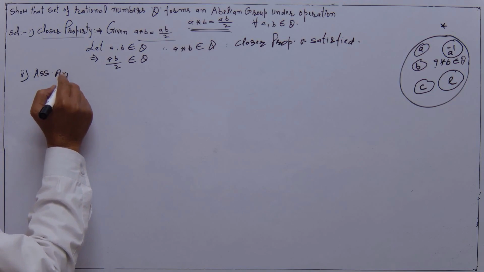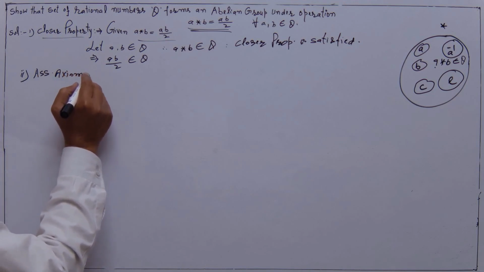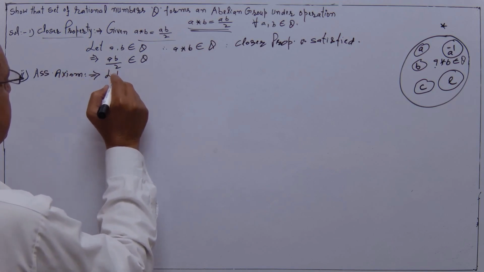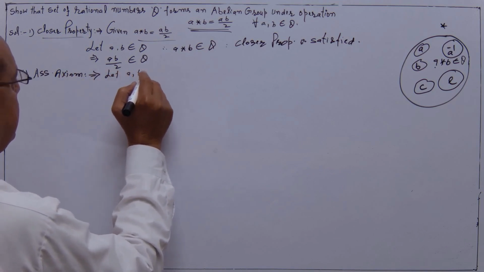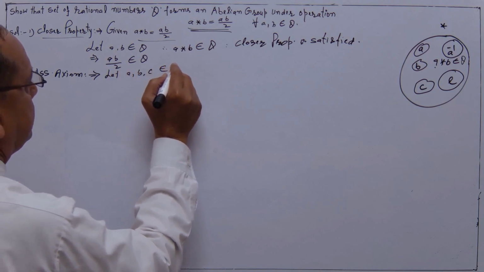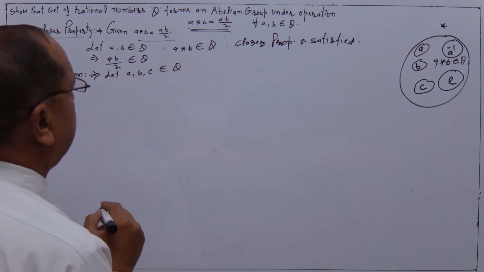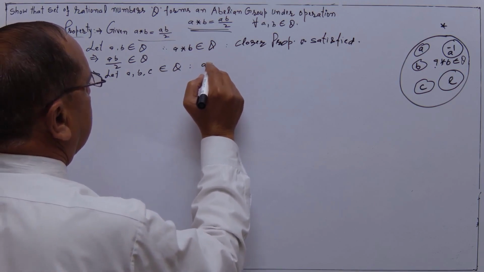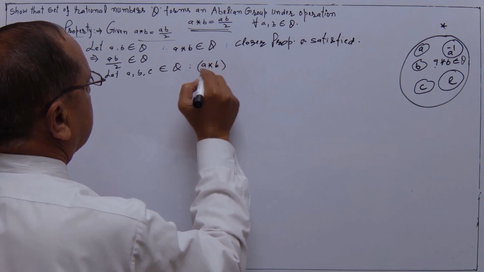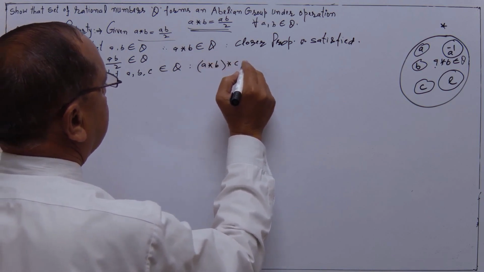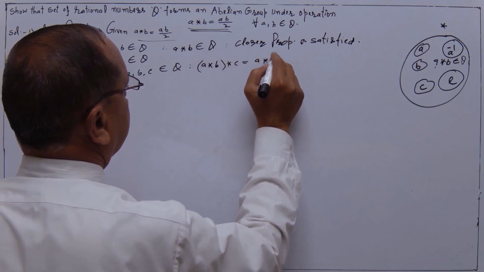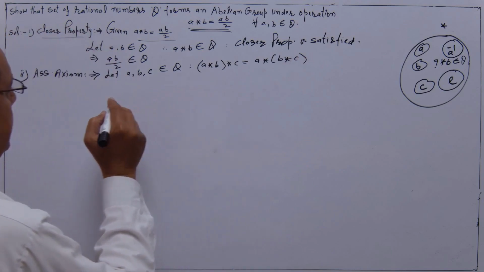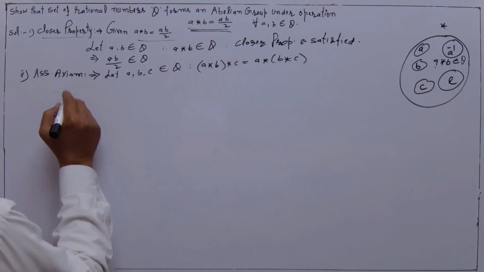एसोसिएटिव एक्सियम प्रॉपर्टी। In associative axiom, let A, B, C, let elements A, B, and C belong to set of rational Q. Then (A star B) star C must be equal to A star (B star C). Therefore, A star